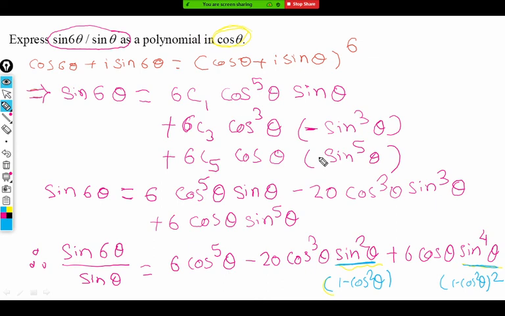A few of the students have this bad habit. They write equating imaginary part and they write iota on one of the sides only. And in your answer, every time you write iota there. So when you equate imaginary part, you just have to write down the coefficient of the imaginary unit, without iota.